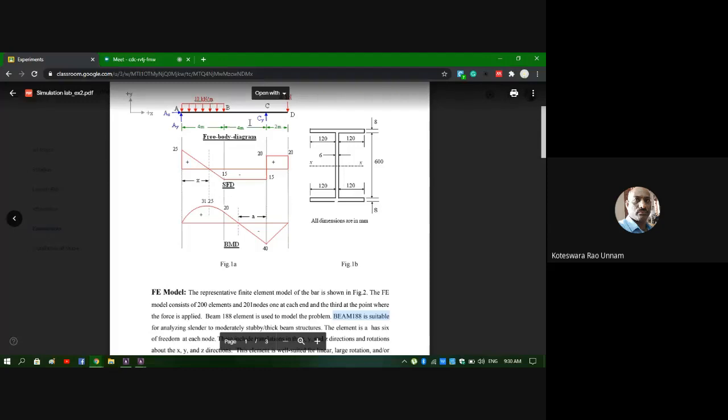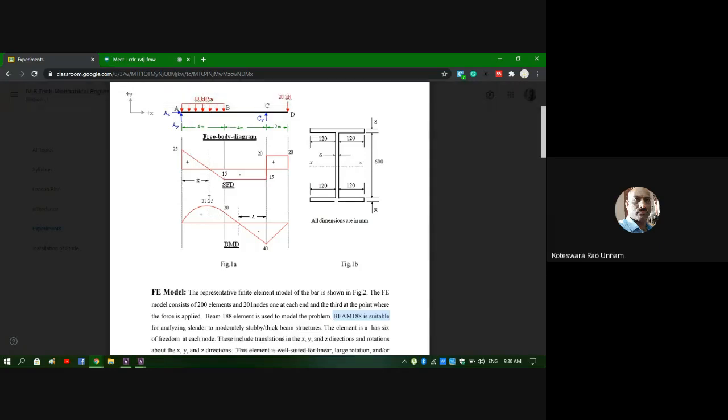Coming to the boundary conditions, these two are simple supports. Now, see, our entire beam is in a plane, so it is a two-dimensional structure. It is going to bend in only the XY plane. You can see the coordinate axes here, X is this and Y is like this. So the load is applied in the XY plane only, which means we don't require the other directions. Even though, if you look at the element description, it has 3 translations and 3 rotations, my requirement is only horizontal displacement, vertical displacement and rotation about Z. Only 3 degrees of freedom are sufficient for me to solve this problem.